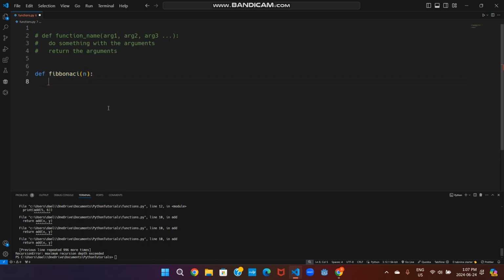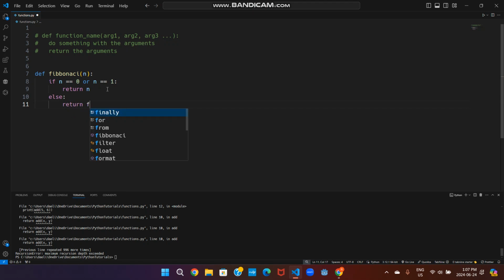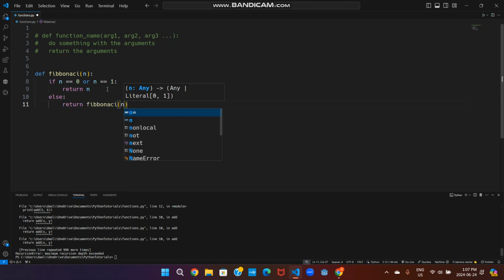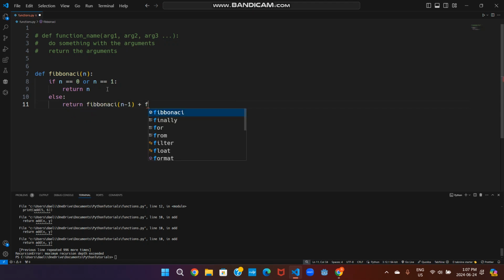In this case, we're going to check if n is equal to 0 or n is equal to 1. And in that case, we're just going to return n. So it's basically like the print function, but it's just returning the value itself. So if it's 0 or 1, just return it. We're not doing anything with it except returning it. Otherwise, if it's not 0 or 1, what do we say it is? We said it's the sum of the last numbers. So we're going to return the sum of the last two numbers, which is going to be fibonacci of n minus 1 plus